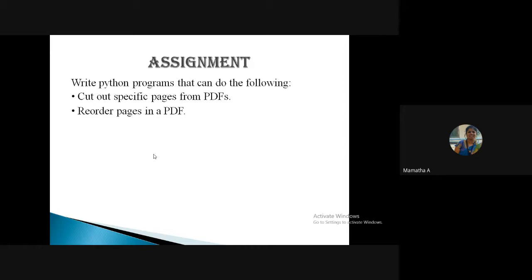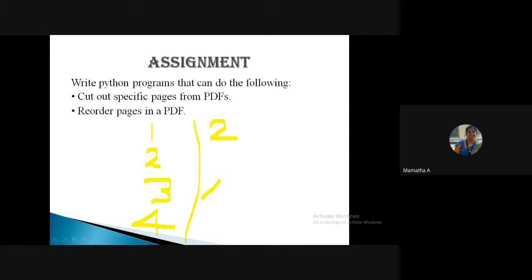The first 1, 2, 3, 4, that is even number first and then the odd and then the even, isn't it? So you can just reorder it. That means to say my new PDF, suppose your PDF has the page numbers 1, 2, 3, 4. So what I want you to do is reorder it.